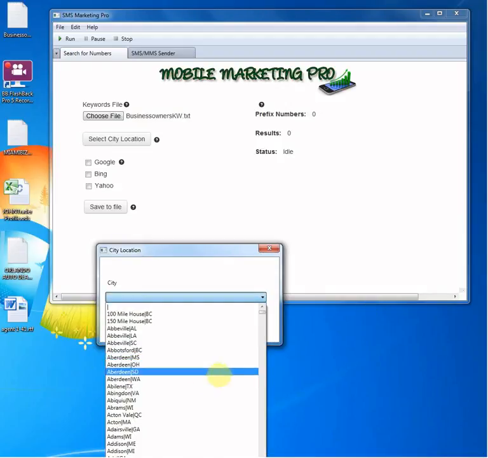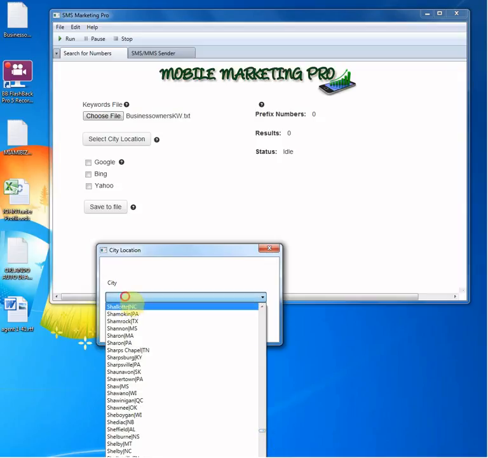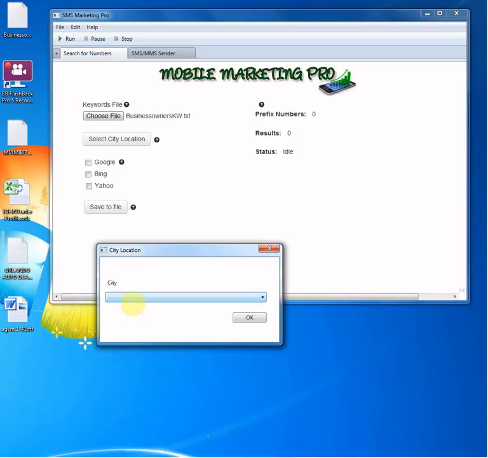As you can see, you can really target market to your industry wherever you want to go around the country. You can use this anywhere in the U.S. As you can see, there's tons of them. So for right now, I'm going to do my own town where I live. I'm going to do Rhode Island, my state. So let me just take a look at that. And you can type it over here as well. It's easier. There's Providence, Rhode Island. It's my city-state combo,